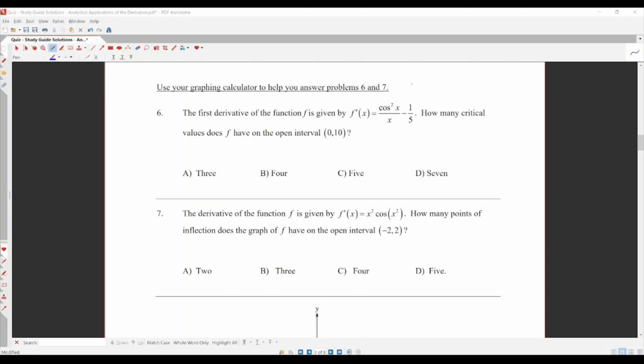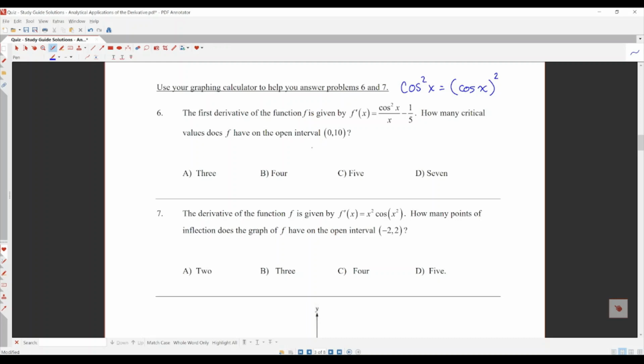Okay, number 6. We get to use a graphing calculator for this problem. The first derivative of the function f is given by f prime is equal to cosine squared of x. Now recall again, cosine squared of x, when you're punching it into the calculator, you want to punch in parentheses cosine of x and then square that, divided by x minus 1/5. How many critical values does f have on the open interval